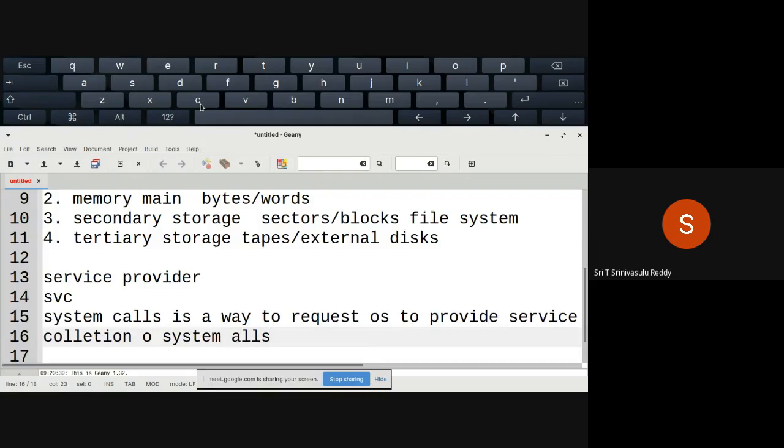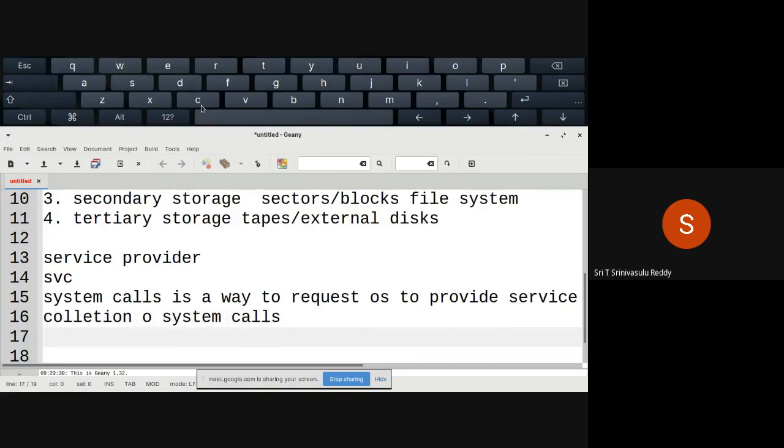A number of system calls are implemented in order to get access to the various devices that are there as a part of the operating system.